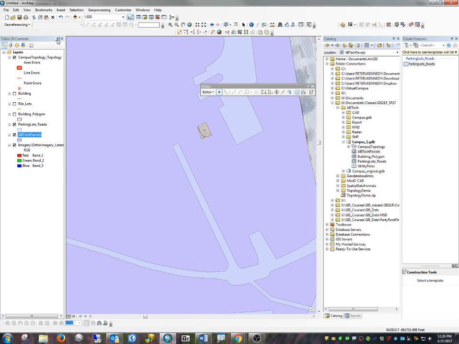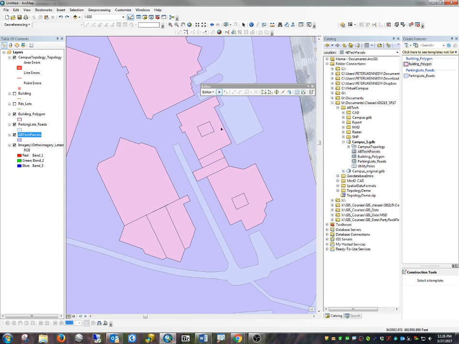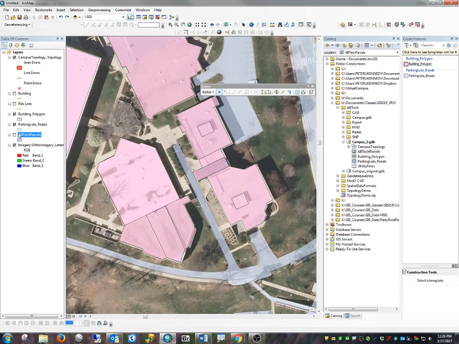So I'm going to edit, undo. I'm going to edit, undo, create, edit, undo, merge. And let's look and see here. All right, so I'm back to where I was there. And I'm going to turn off this layer because I don't want that to happen again. Now, notice that